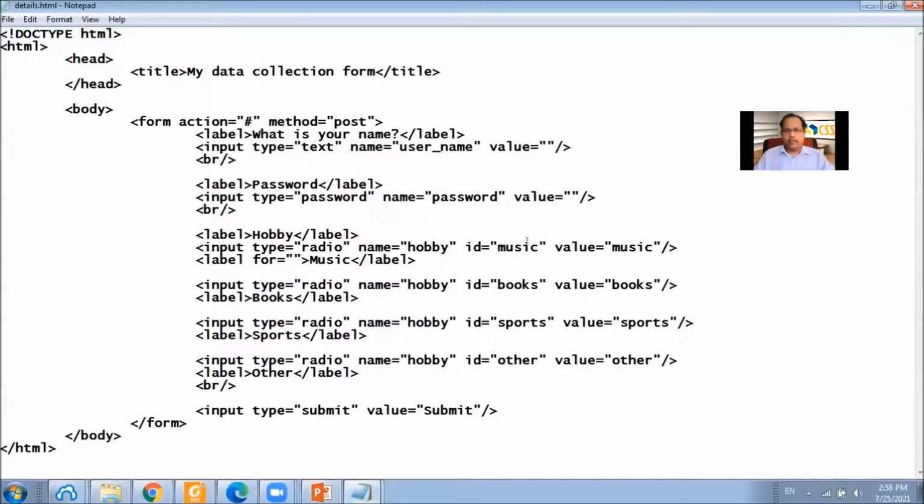In label, in this case, it is music. In this case, this label is for the books. Here, the label is for the sports. Finally, this label for other.